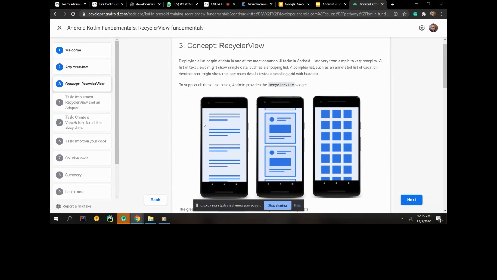But with the recycler view, it decides that rather than loading this whole collection directly on the UI thread immediately, why don't we recycle items, since the user's screen is limited in terms of height and width. So the user is not going to see the whole collection at once. Like on your Facebook or Twitter homepage, there are a lot of tweets, a lot of activities going on, and